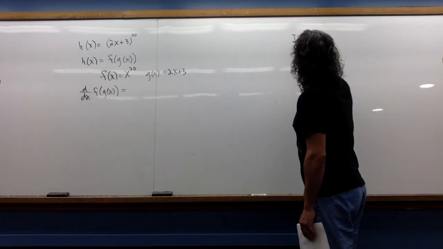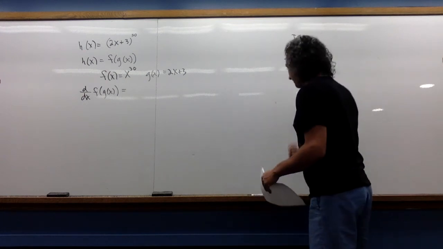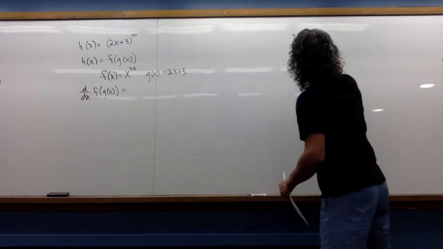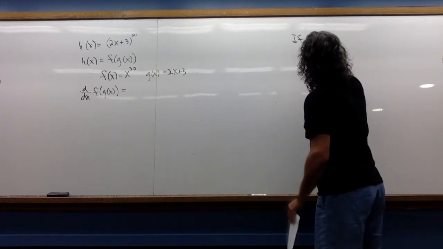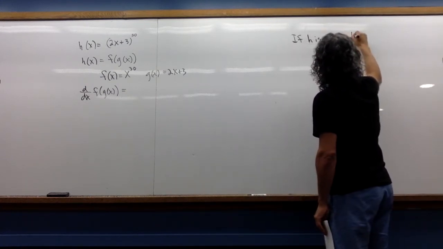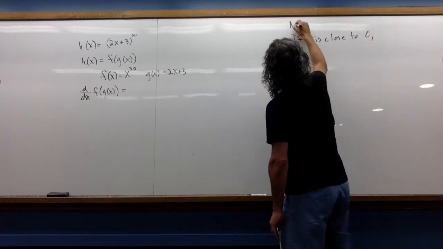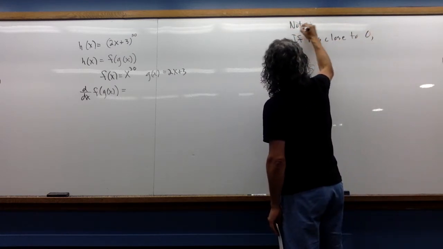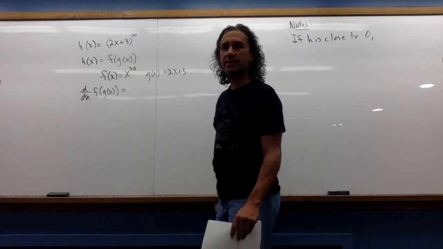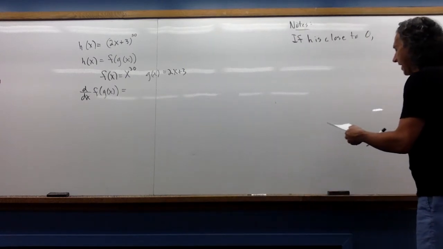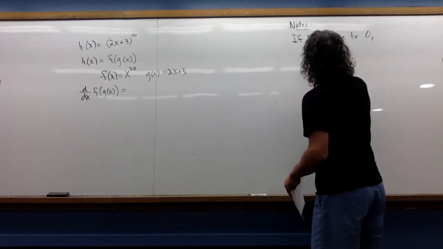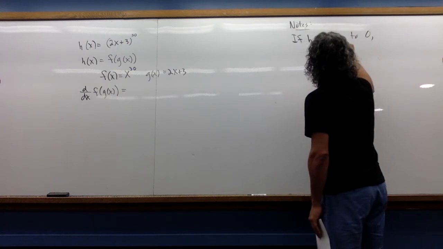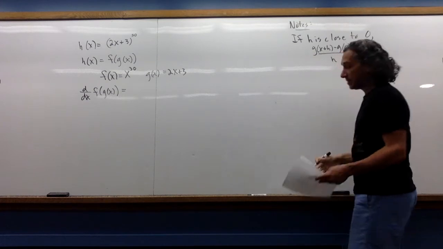Let's note a couple of things. First, if h is close to 0, these are just notes. These are things we're going to use in the proof. You're not going to see how we're going to use them, but we're going to use them in the proof that we have here. If h is close to 0, then g of x plus h minus g of x over h is approximately,